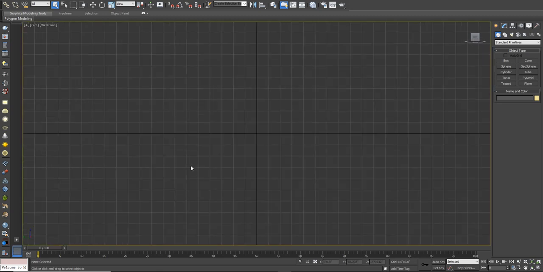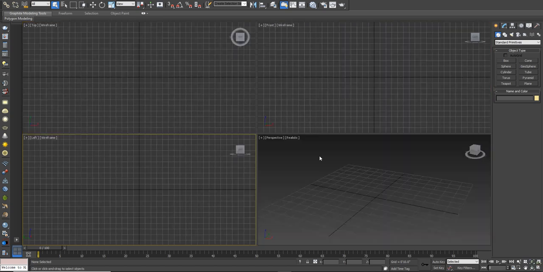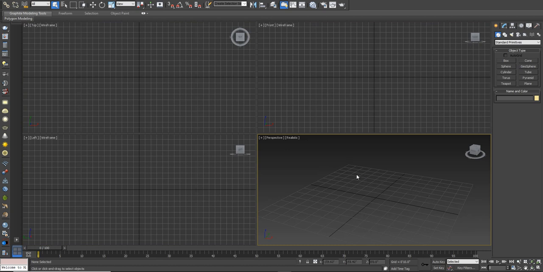Now, if any of you don't really have a mouse or are working with the laptop's touchpad or something, you guys can just come here all the way, and here's the key of maximize viewport toggle. The shortcut key is Alt W. You can press this too. So, and to pan around, you have to hold your middle mouse button, and alternatively, you can click this hand